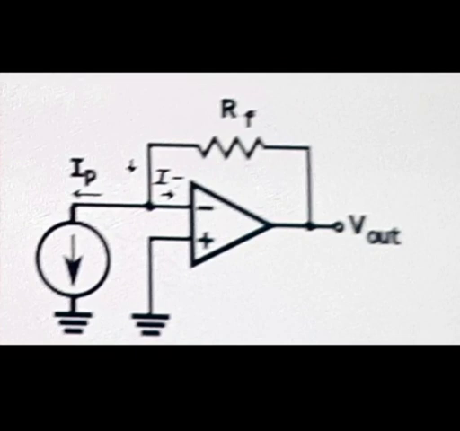If we apply KCL at the node of the inverting input, then the current at the inverting input: (V out minus V) divided by RF is equal to IP plus I minus. It is the negative feedback configuration. It is an application of using a photodiode sensor to measure the light intensity. The output of the photodiode sensor is a current which is proportional to the light intensity. Another advantage of the operational amplifier circuit is that the voltage across the photodiode is kept constant at 0 volt.